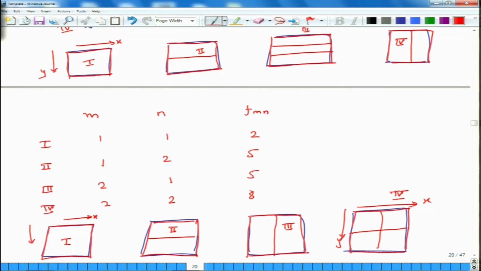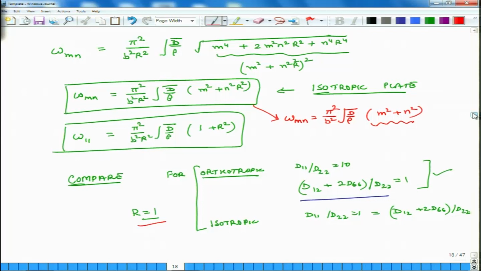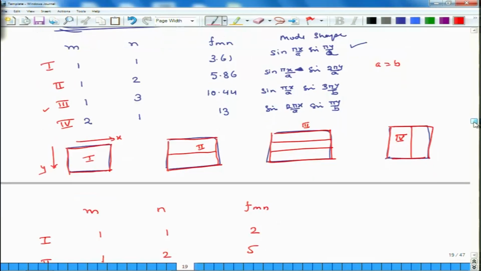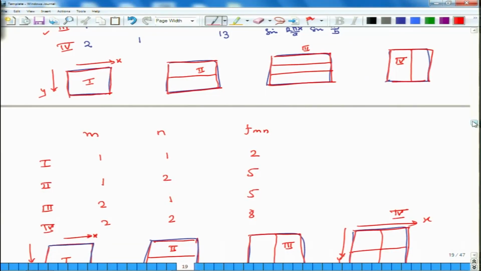So, the point is that even though the geometry of the plate is same, they will vibrate with different mode shapes and at different frequencies, because in isotropic plate the plate is equally stiff in x and y direction, but this plate is very soft in the y direction. So, it tends to bend more easily in the y direction. So, it develops more half waves in the y direction early on, and those are lesser modes. So, this is what I wanted to capture and it provide you some glimpse into how plates vibrate when they are made up of composites, and their vibration patterns could be fundamentally different than the patterns seen in isotropic plates.